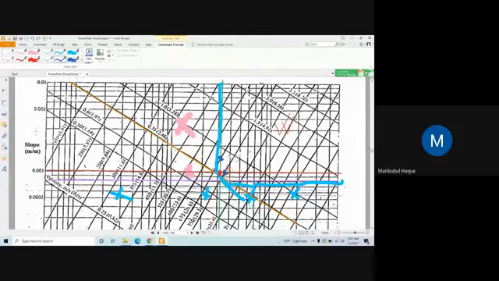Now the question is, which one would you take? Tell me, which one would you take? Both are correct from the technical perspective, because both of them have fallen in the permissible zone. Which one would you take? Any idea? Sir, 675 millimeter. Why? Because the diameter is smaller, so the pipe cost will be lower, right? Yes, sir. Okay,